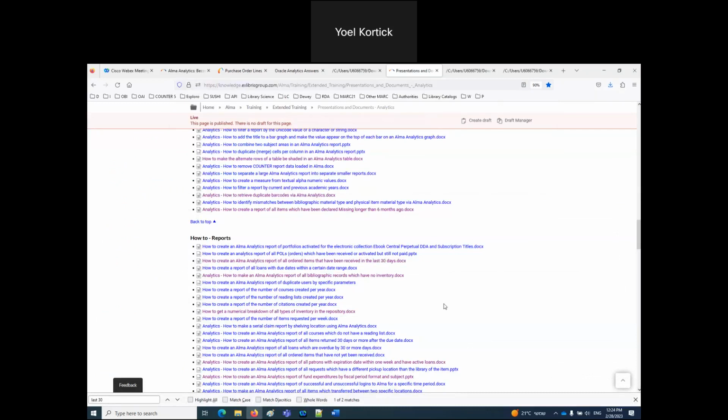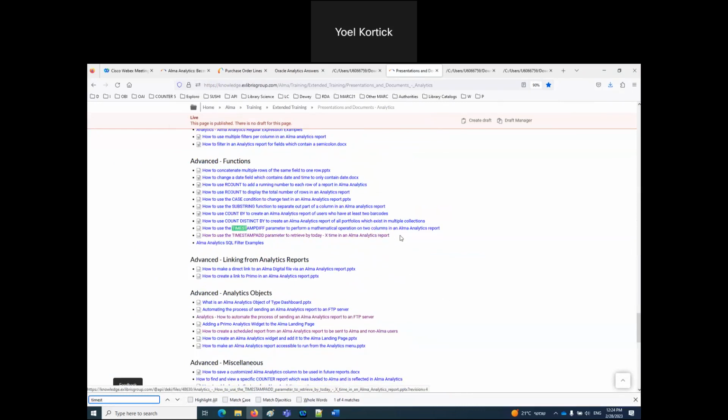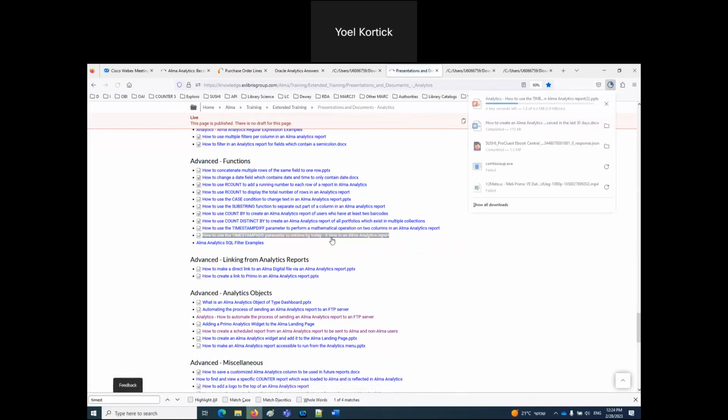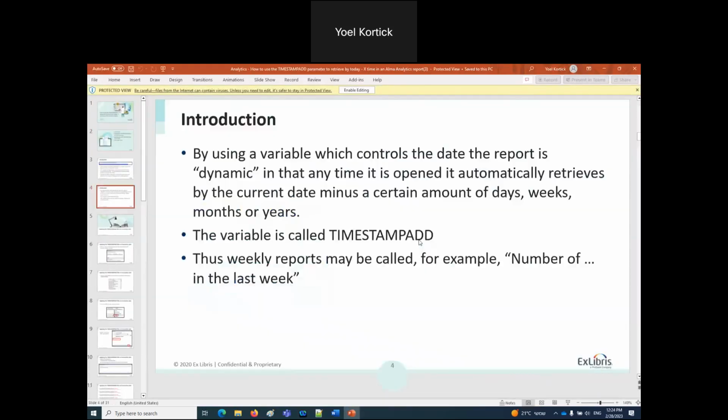There's one here called How to Use the Timestamp Add. We looked at this in the past. How to use a timestamp add to retrieve by today minus whatever time. And this gives all different kinds of examples. I'm just going to open it just to show all different kinds of examples of how to make an SQL